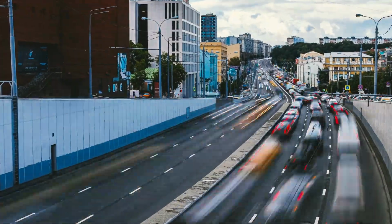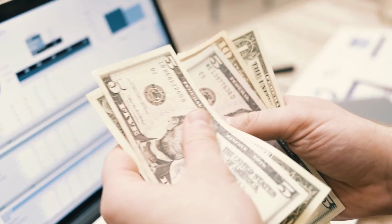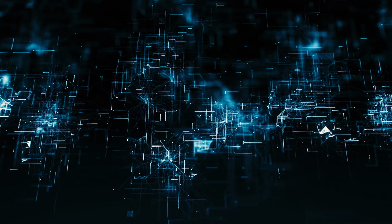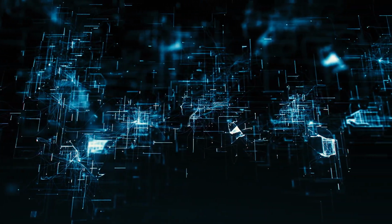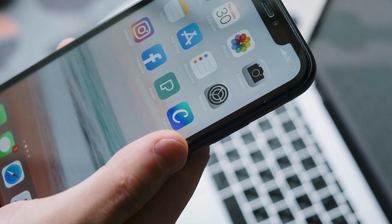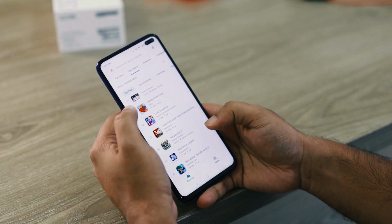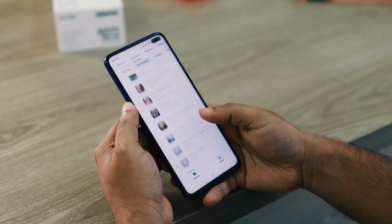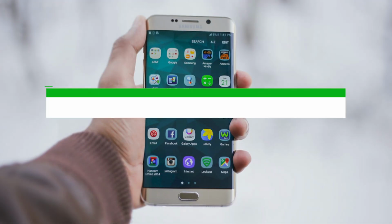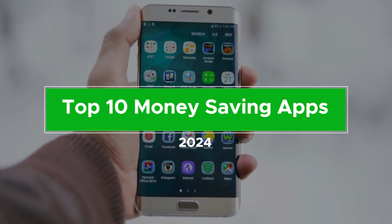In today's fast-paced world, staying on top of your finances has never been more important. Considering the increased cost of living and uncertainty of the economic cycles, it is imperative to ensure that technology is used to manage money well. Money-saving apps are transforming the way people budget, save, and invest. From auto savings to intelligent spending, these applications assist people in making changes to improve their financial well-being. Here's a list of the most popular money-saving apps you should have in 2024 to make your money management easier